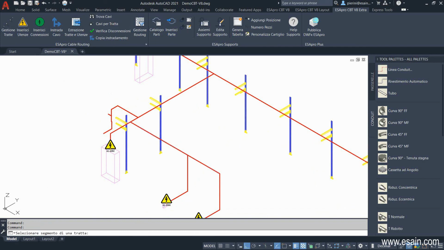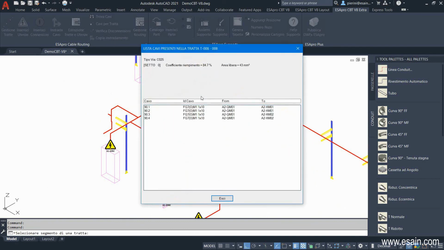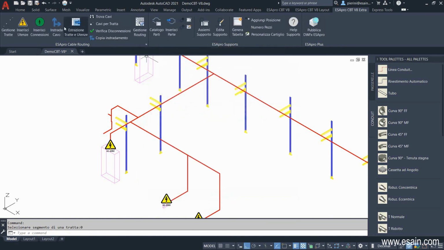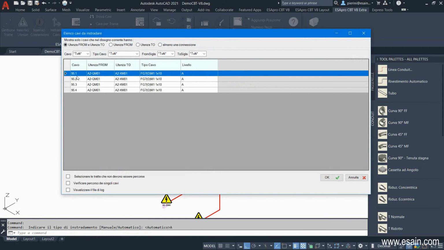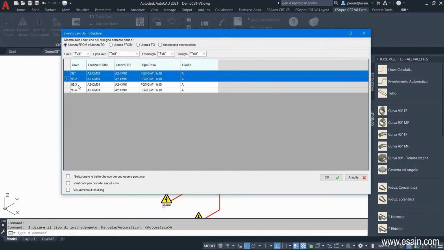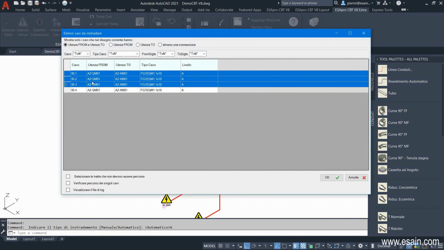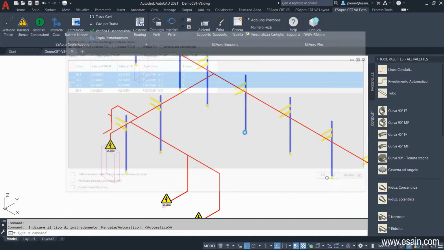Let's inspect this section. And we see that the fill percentage is more than 80%. We're going to select other cables that will need to pass through this section. In fact, the 95 cables are cables that we created specifically to completely fill this section.